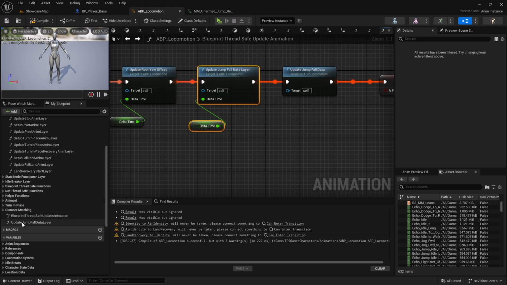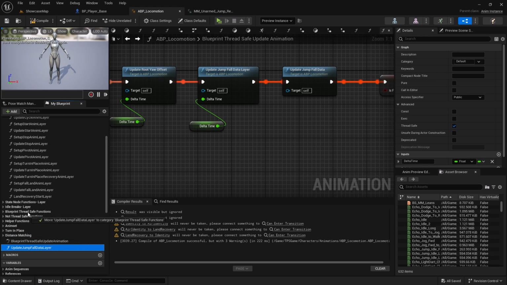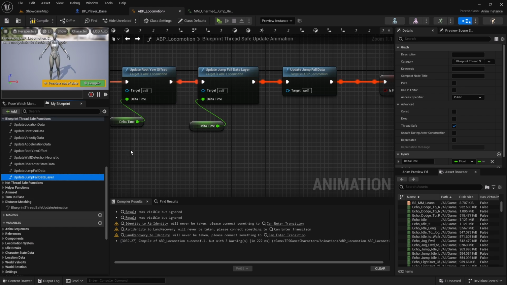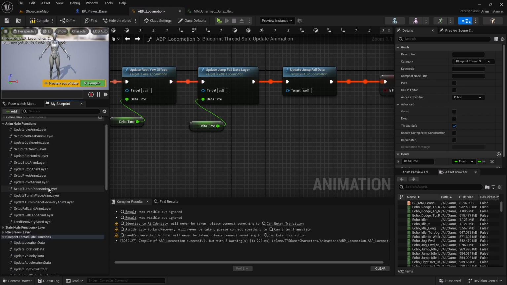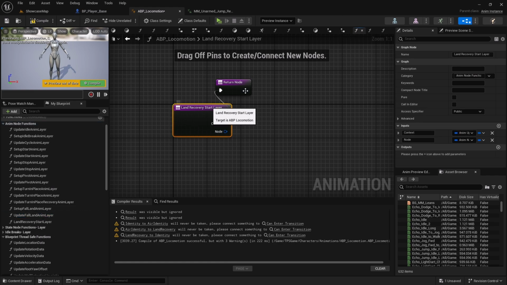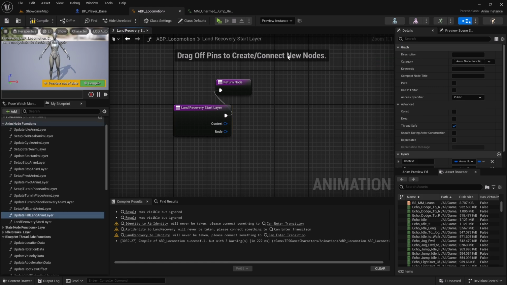Right. So I'll move this function to the blueprint thread safe functions category, and let's go back to that land recovery start layer function. I don't know why this one keeps jumping to this update fall land anim layer. I think it's a bug, but I'm not quite sure. Anyway,